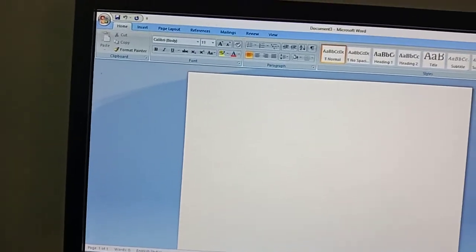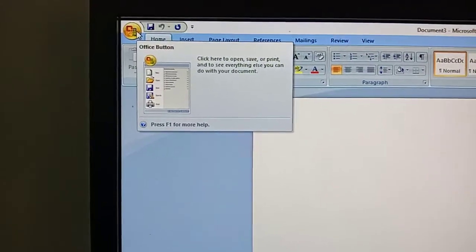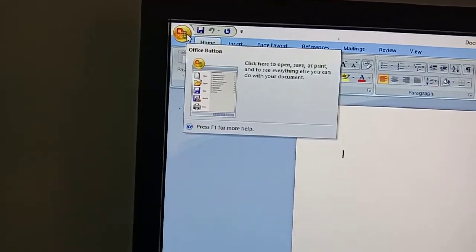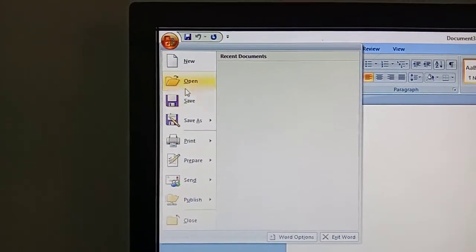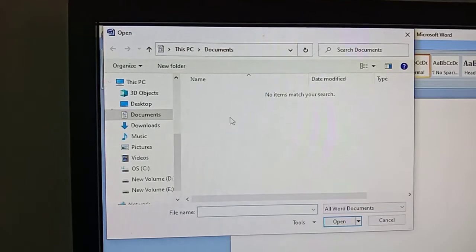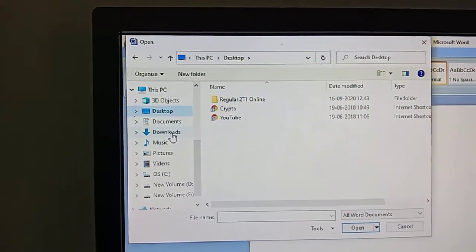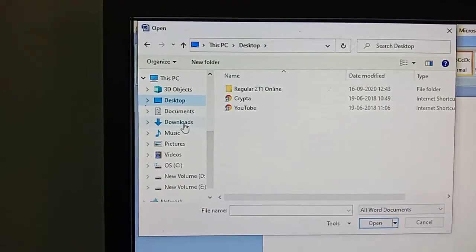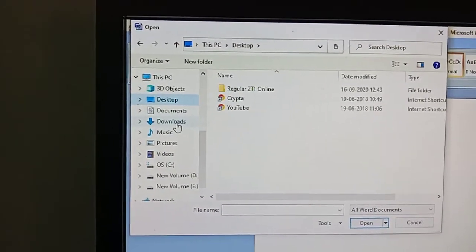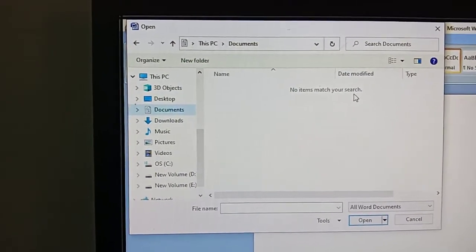Next we are going to learn about opening an existing document. Open your textbook parallelly and see, children, then you will get a better idea. You click this Microsoft Office button, click Open. If you click Open, it shows you the existing documents that are available in our desktop. Currently we don't have any documents in our system, that's why it's showing that no items match your search.